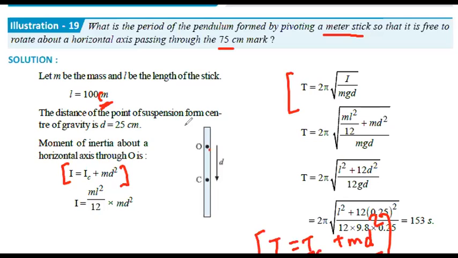So this is 75, right? From here this is 75, so this distance is nothing but 25. Yes or no? Because total is 100. This is 50 because it is the center of mass, which is at the middle. And this O is 25 because the total distance is 100 centimeter and this is 75. So this is 25. Now we know that IC is equal to ml square by 12, and D is